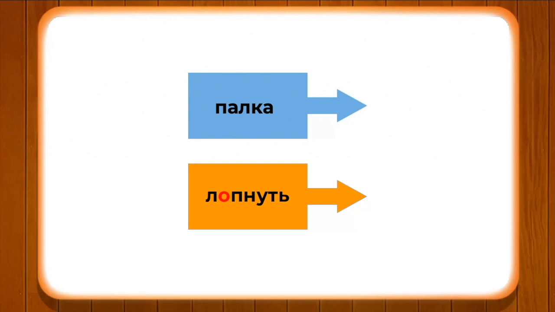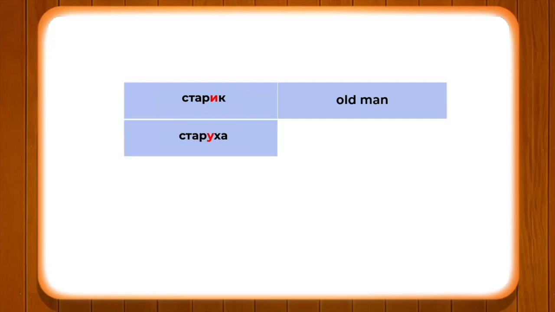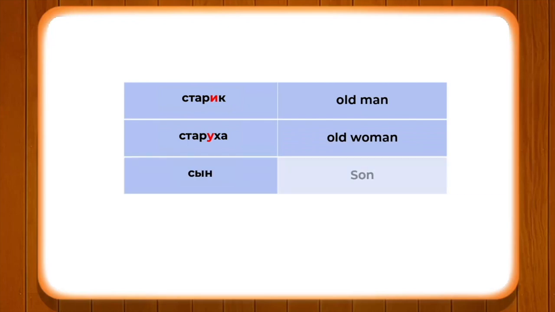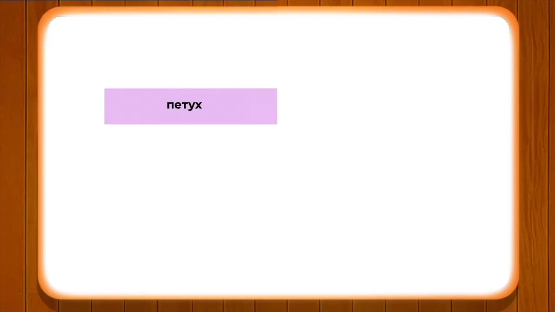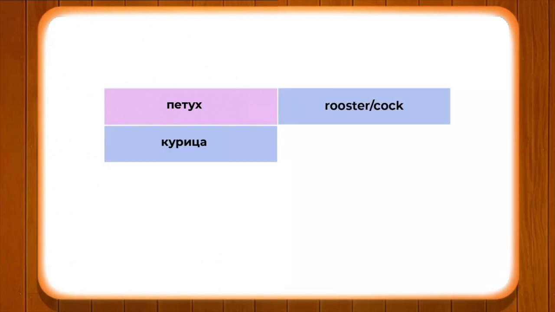Okay, now let's read the words and know their meanings. The first word is starik, means old man. Next word, starucha, that means old woman. Next is сын, means son. The next word is дочка. The word meaning is daughter. Next word, петух, means rooster or cock. Next word we have курица